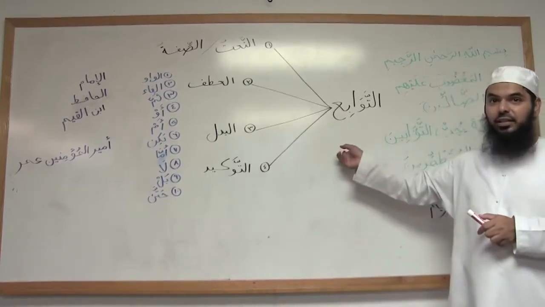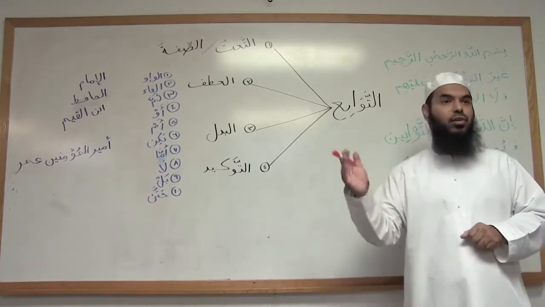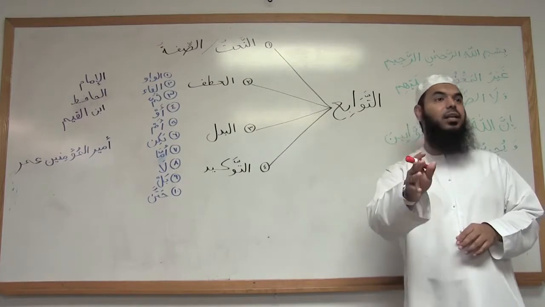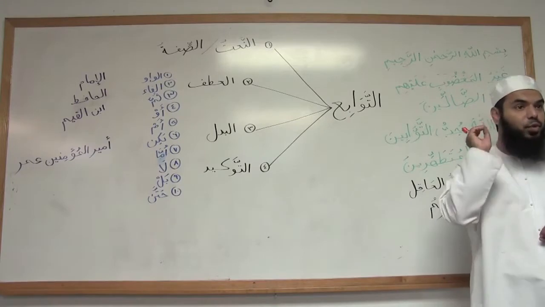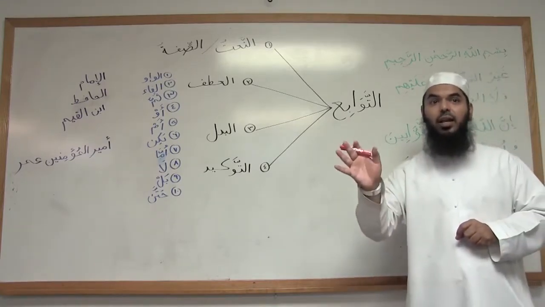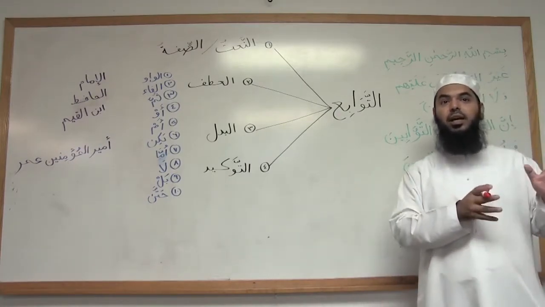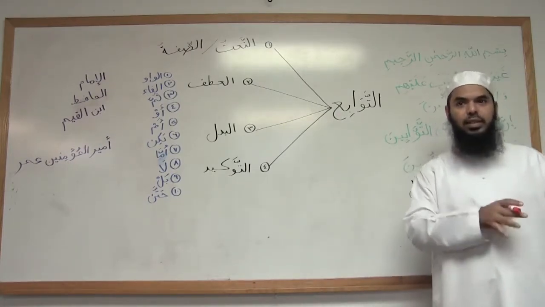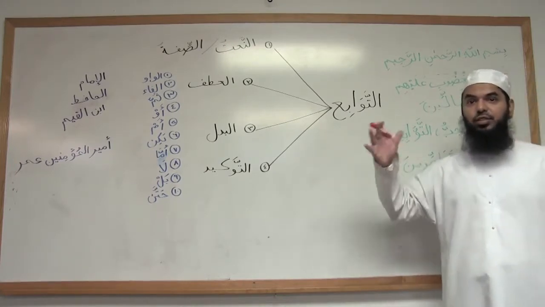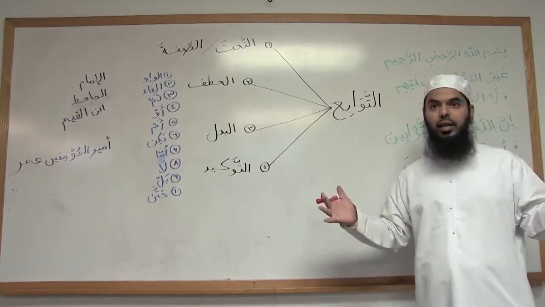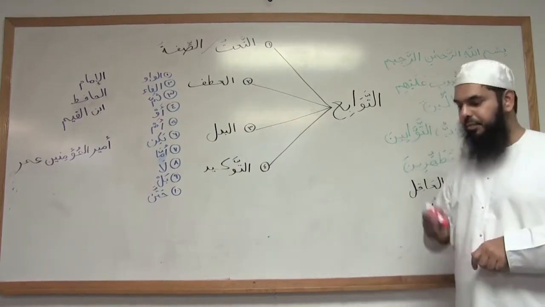So when you memorize this, inshallah, after this, any ayah of Quran, any hadith of Rasulullah sallallahu alaihi wasallam, when you find any ism in it, you will be able to tell me what hal it is in. Any ism. Throughout the Quran, throughout a hadith, af'al, there is one category of af'al which is different from this, where it will become sakin, majzoom, it will get a sukoon on it. And we'll discuss that inshallah when we get to af'al. But with asma, which is a vast majority of the words in the Quran and ahadith, you will be able to tell every single hal of it, inshallah ta'ala.